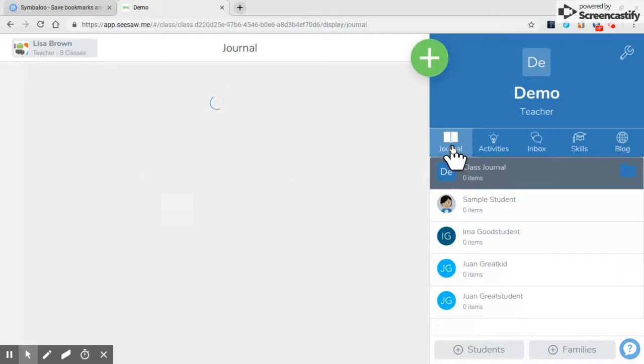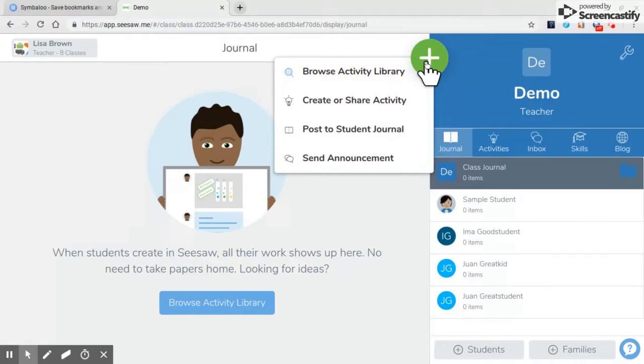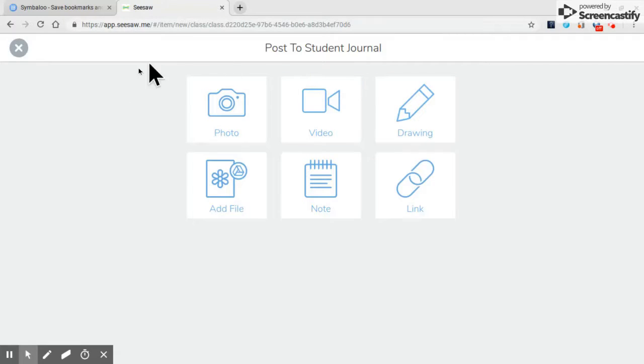So you would click journal, which I've already done. And when you click the big plus green, you can post to a student's journal. And in that student's journal, you can make notes, anecdotal notes about a student. You can post a video. You can record a student, say, reading out loud. If you're doing a running record on that student, which is a reading thing,